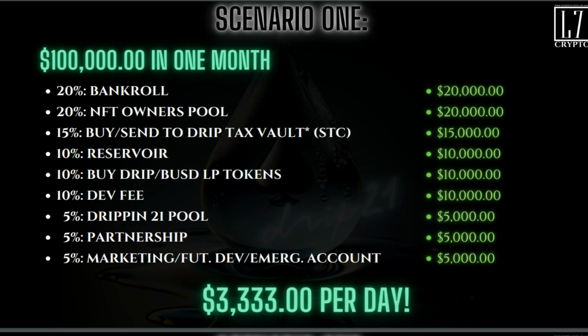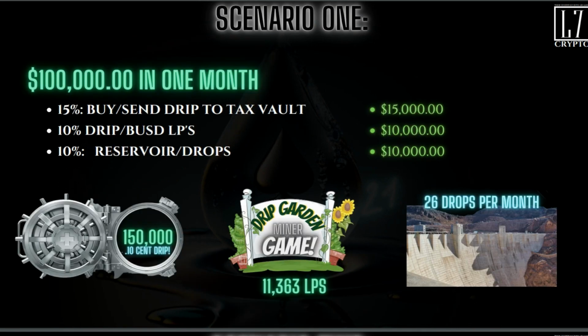But wait, we haven't even got there yet. This is what it looks like. So on that $100,000 a month, say it does this for the first 3 months, $100,000 a month. You're talking $15,000, which was used to purchase drip tokens in the amount of 150,000 drip tokens per month at 10-cent drip. And the extra 10,000 was used to purchase drip BUSD LPs, which in the amount of